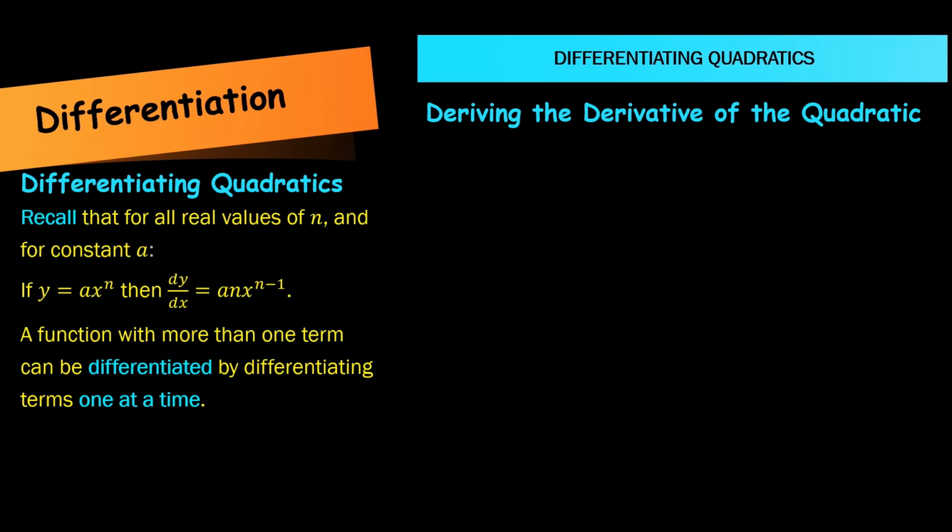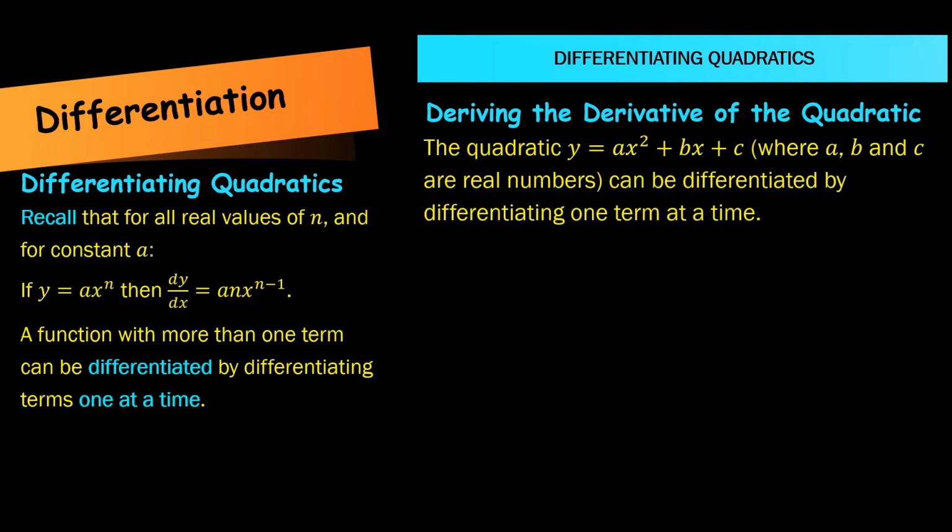Deriving the derivative of the quadratic. The quadratic y equals ax squared plus bx plus c, where a, b and c are real numbers, can be differentiated by differentiating one term at a time. So, differentiating ax squared gives 2ax. Differentiating bx